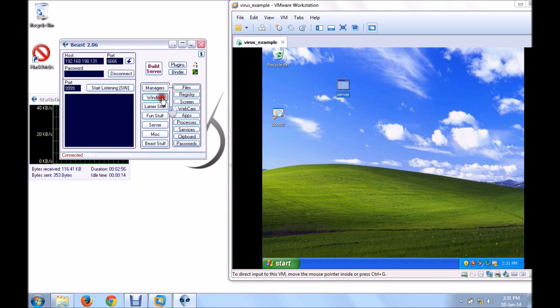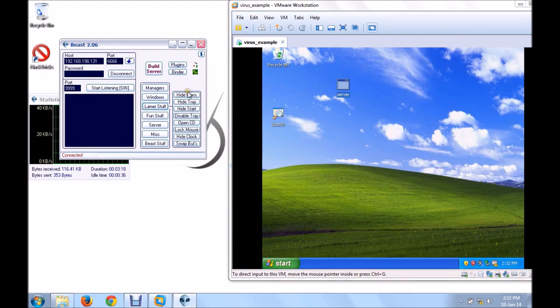Now we'll be exploring Windows. Hide all. If I click on this, everything will be hidden. If I want to crash the victim's PC, I have to click on this. Power off, reboot, shutdown, log off. So basically the victim's computer is in my hand.